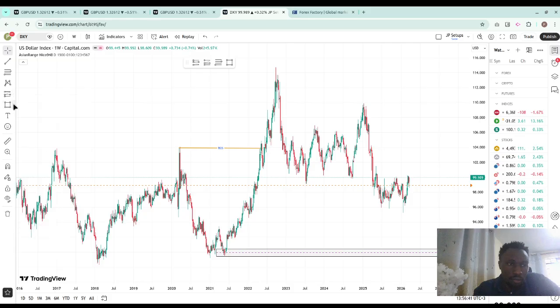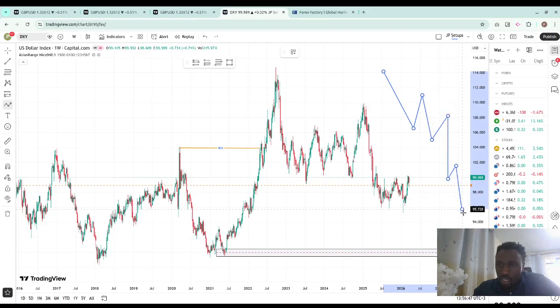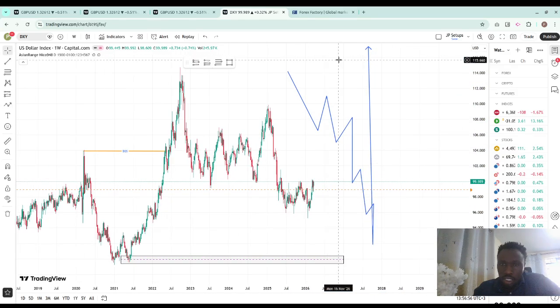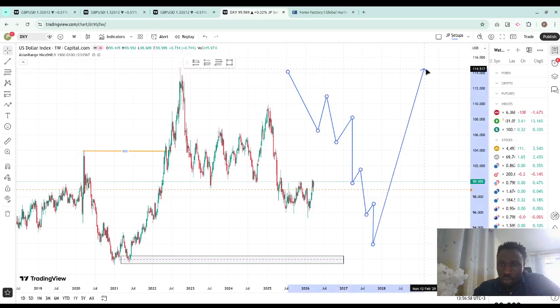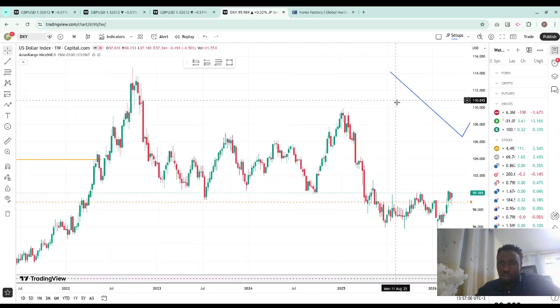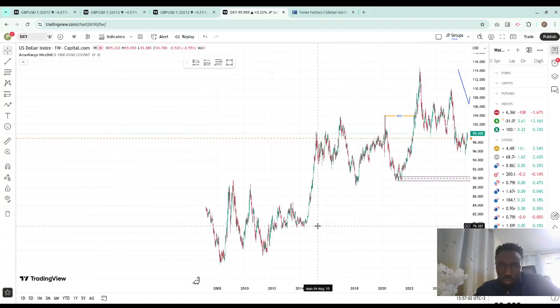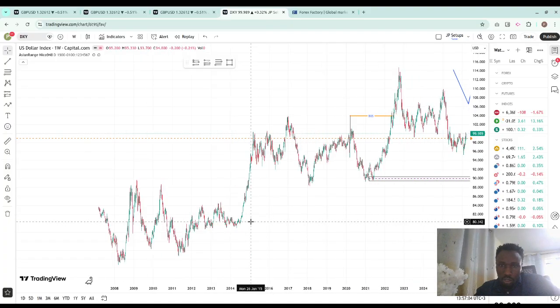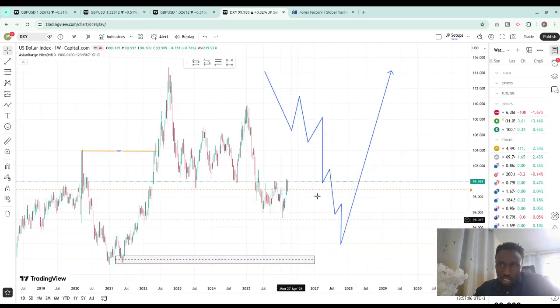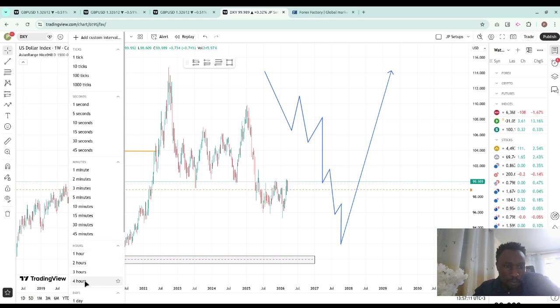demand zone. So wherever we are catching is kind of coming back to the zone, and then we take the longer buys on DXY. So that is something you need to note. We are just on a pullback, but the general view on the weekly is uptrend. So if we come to the daily